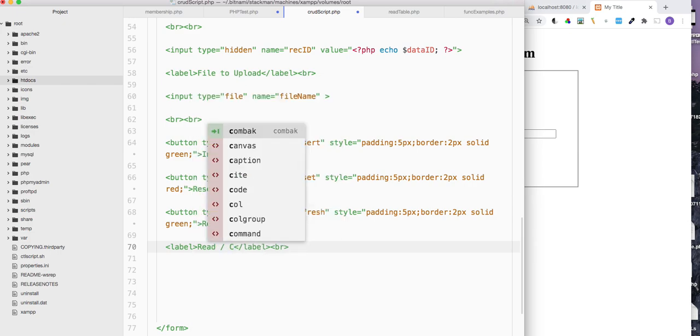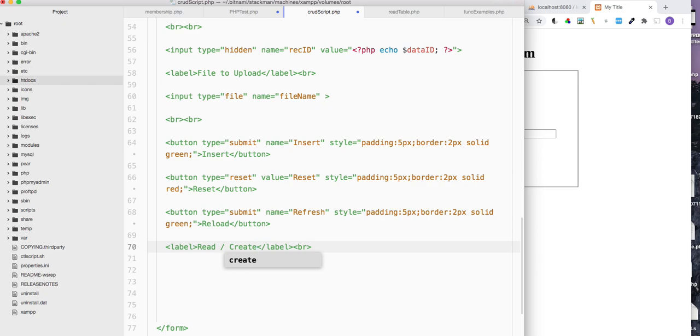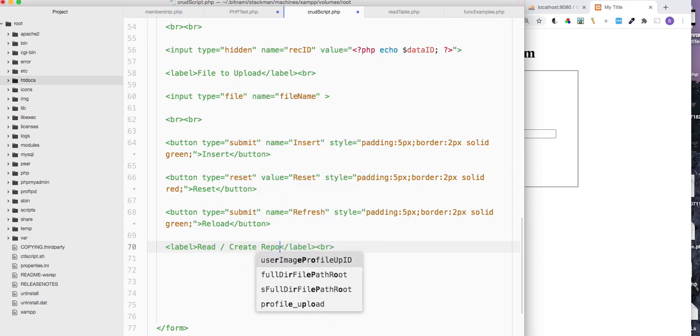slash create report. Should have kept it up. Reports instead of reline. Let me see, label. We got